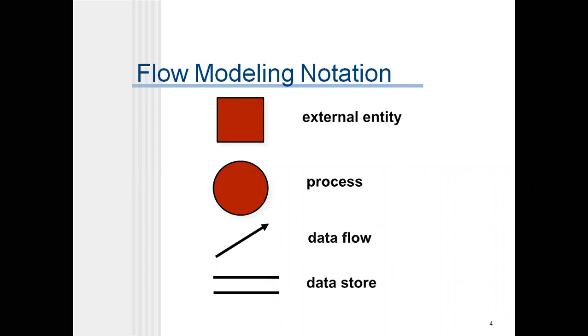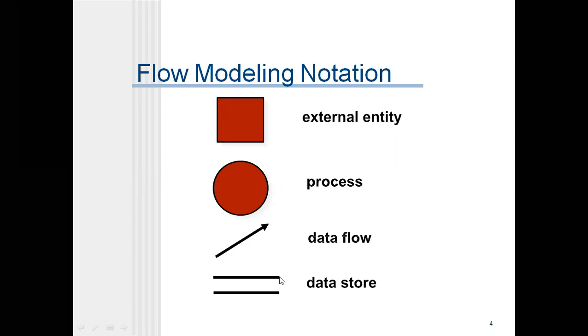of a program. Okay, so here data flow diagrams also have some symbols to represent the data flow from input to output. So what are the symbols here? We have only four kinds of symbols. First one is external entity. It's a square symbol, and one circle symbol for process, and an arrow represents a